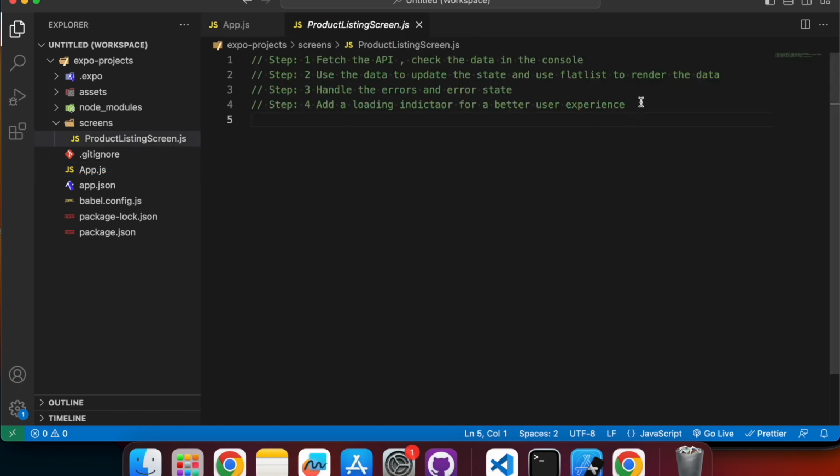Here I have written 4 steps which we will go through in order to successfully fetch the API and display the data on the screen. The first one is fetch the API, and then we are going to check the data in the console. We are not going to directly show it on the UI. First we are going to check the format of the data, what data structure is being used in this API,